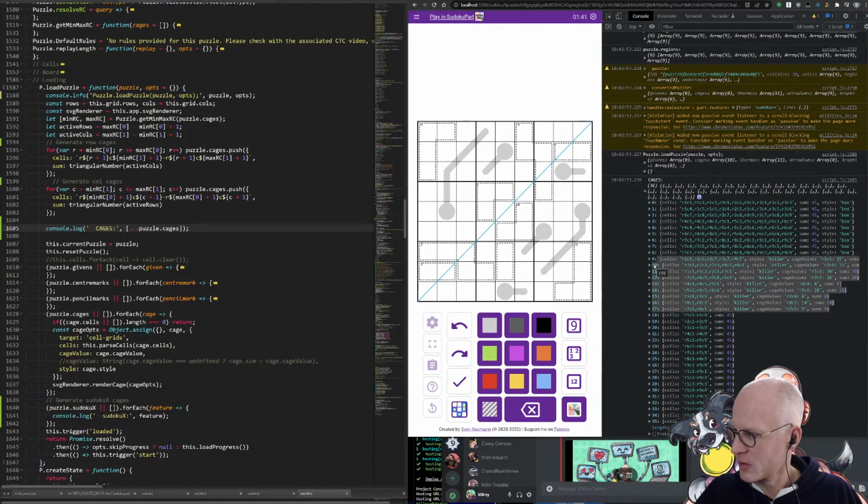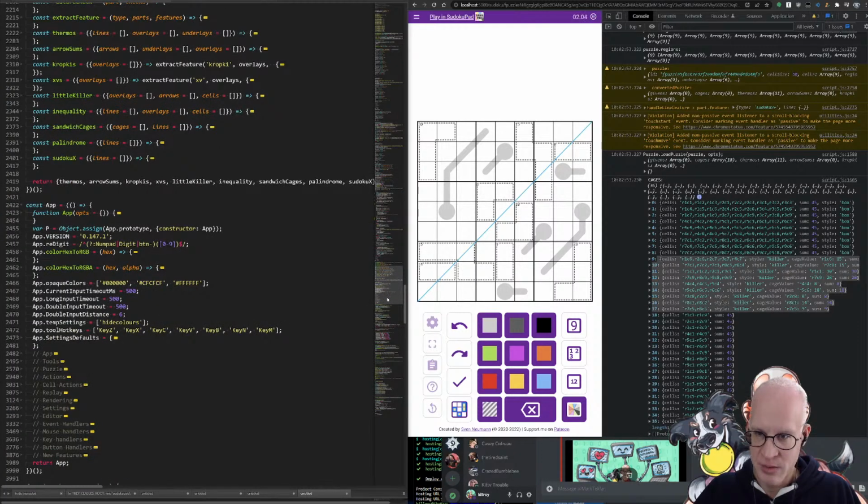It's already doing it. I think I'm already doing that. I'm not importing them, I'm turning them into cosmetics, and then I'm already trying to detect cages from cosmetics. So I'm seeing the cages here. And if I look at the check function,